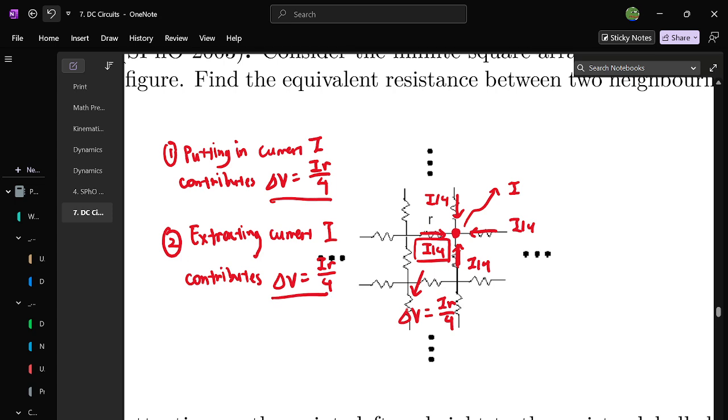Okay, so now we have these two contributions. Now let's say we superpose the two cases together. What does this mean? That literally just means you add up the two cases because potentials are additive. So we have a current I here entering and a current I there exiting. Now, why do we choose to superpose these two cases? Well, because this is the same thing as connecting these 2 points to